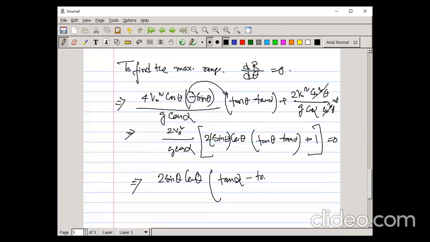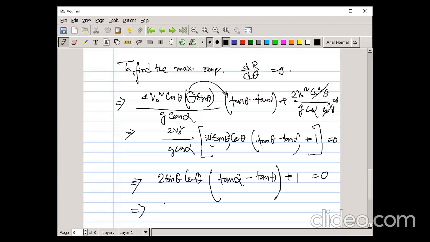So tan alpha minus tan theta, okay, plus 1, and this total term is 0, and this portion will go to this side, so 0, that is also 0. So we get that